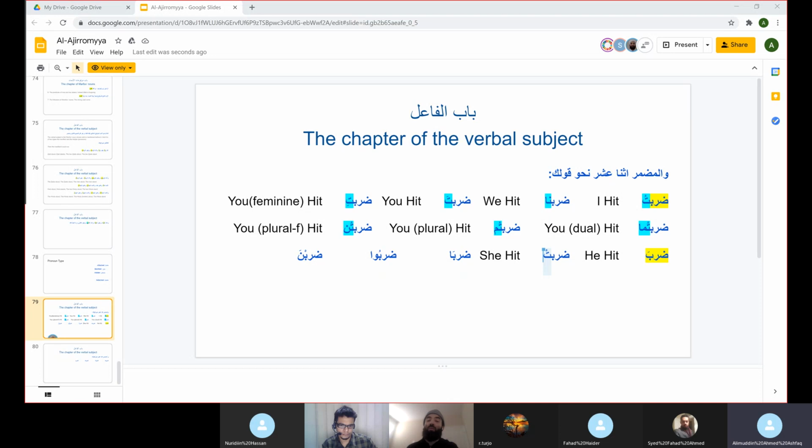Again, I only give you the most simplified opinions right now. The Sheikh would say that the entire word is a feminine word due to the sukun on the ta, the silent ta. So it's a feminine verb. Exactly, the entire verb is a verb for a female. Good observation.